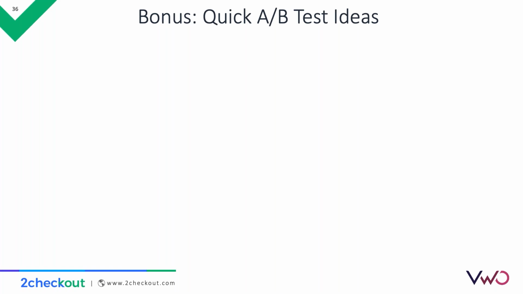And now that we got that out of the way, I have a small bonus for you, some quick A/B test ideas that you can run starting tomorrow, actually, to help you kickstart your localization program. The first one is testing cart flow on a per country level. As mentioned, this is one of the easiest ways of maximizing your revenue, especially if your payments provider has more cart flow options out of the box. You should run this test in your top 5 markets at least, and then optimize each with the winning variations.